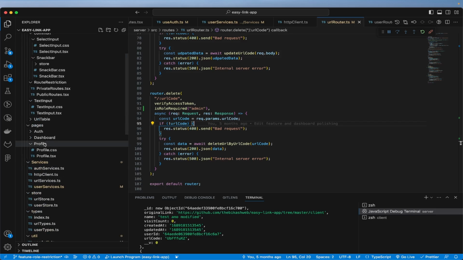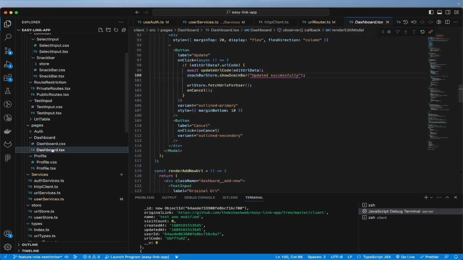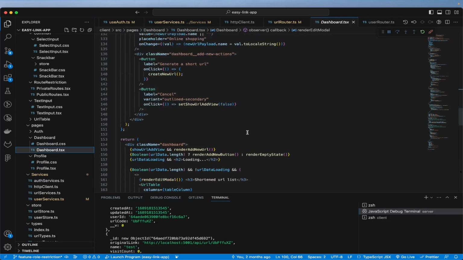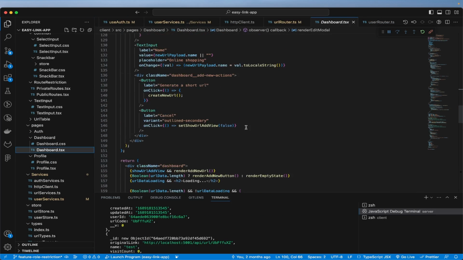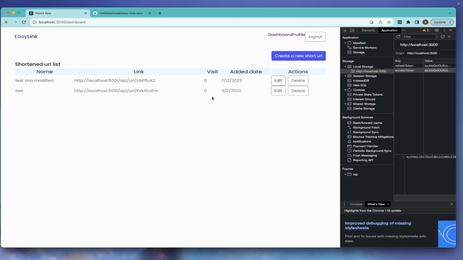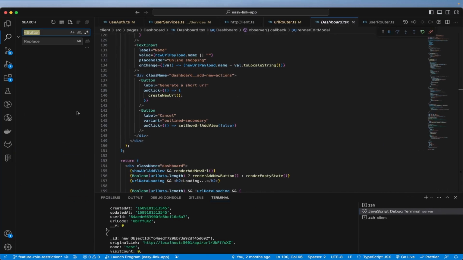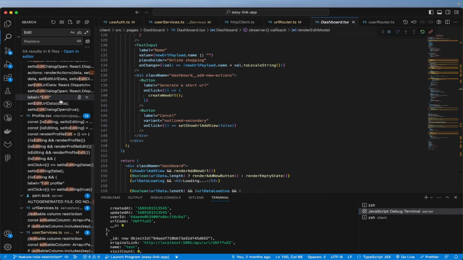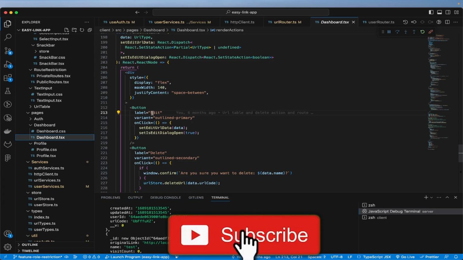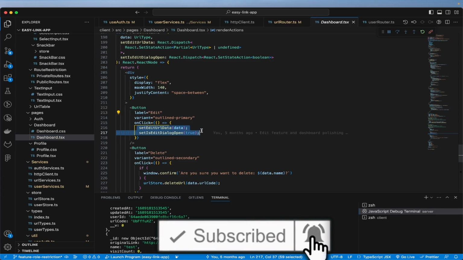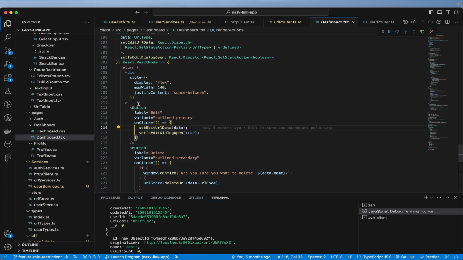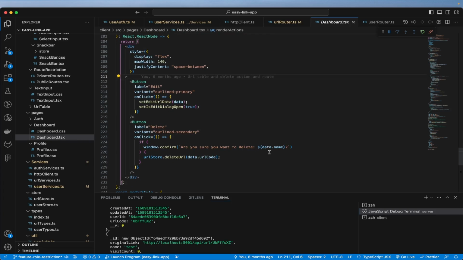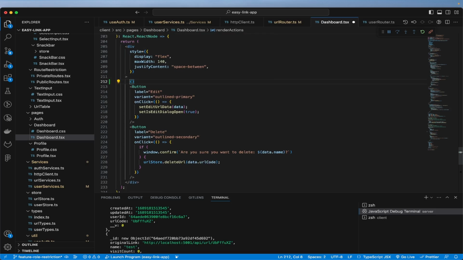Let's say we go to dashboard here, we have this one, and then in the dashboard, where do we have edit and delete? Somewhere where we have edit, not there. So here in the dashboard we have this edit, and here we can actually make it so that these are only shown. So what we can do is have here,